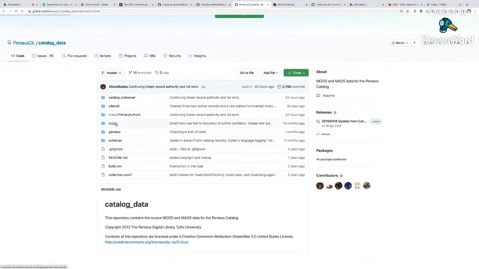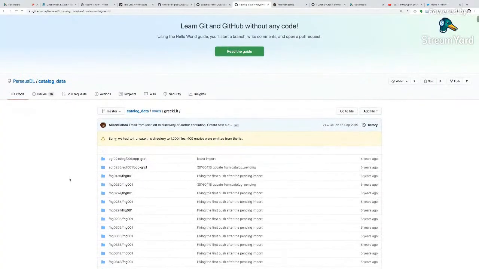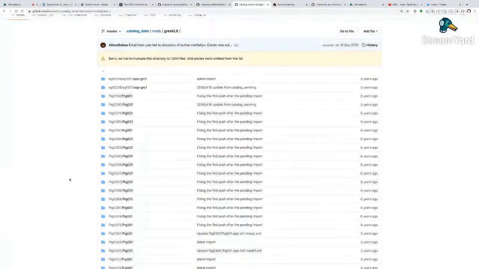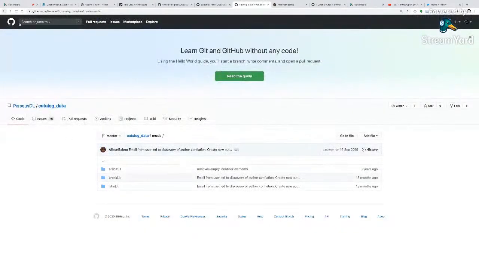And then the other is the MODS folder, the Metadata Object Description Schema, which is another XML schema used by digital libraries for representing metadata about bibliographic records. In this case, this standard is used for, as you can see, Arabic literature, and then Greek literature and Latin literature. And within each folder, you can find a subfolder where you have works, and then within you will get XML files for works with the specific metadata.